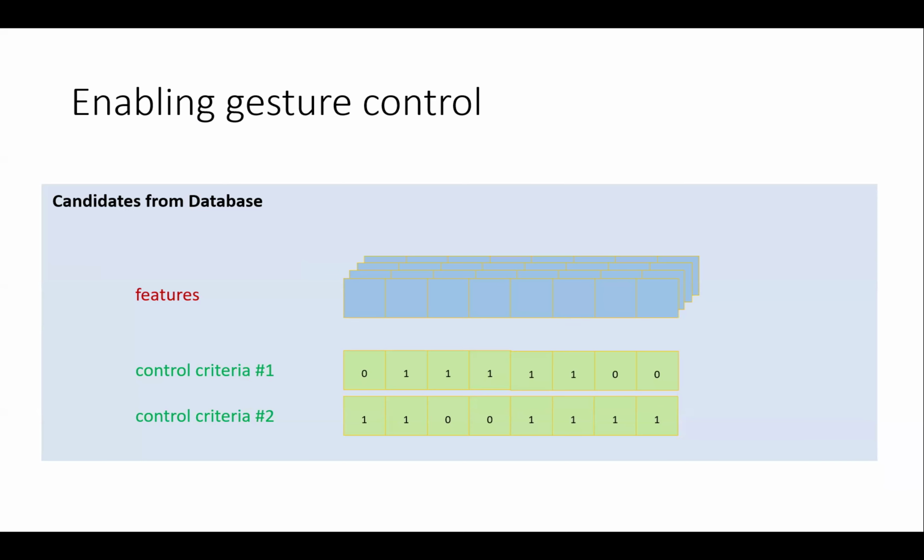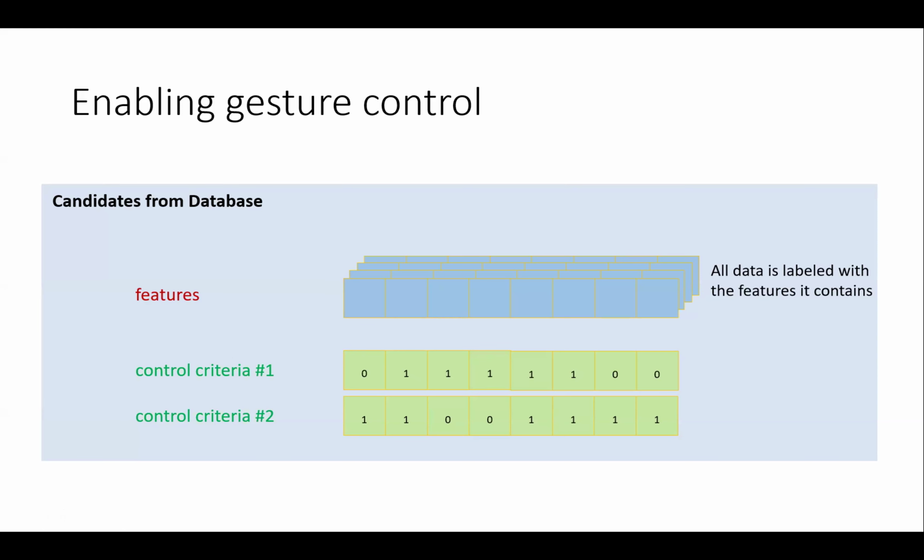What's really nice about this approach is that it's very simple, and it allows a very simple way of putting control on top. Essentially, the user can put in control vectors that say whether a particular feature is present or not. That feature could be, again, the left hand is high, or I'm using my left hand, or the left hand is fast. These are low-level criteria, and they mask when in the motion they want those criteria by putting ones in those masks.